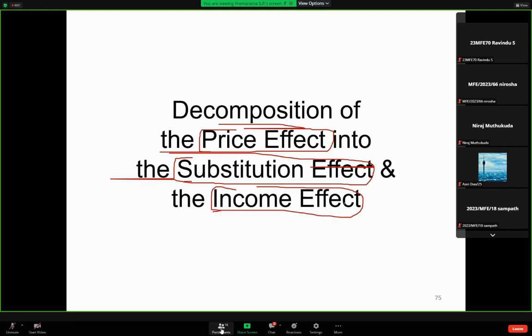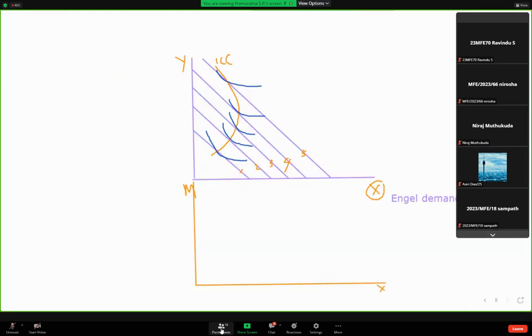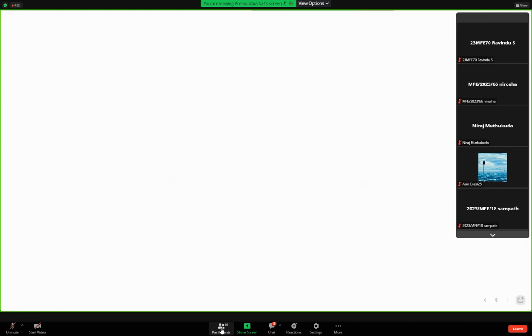First we will see how to do this decomposition, and so first the whiteboard, then